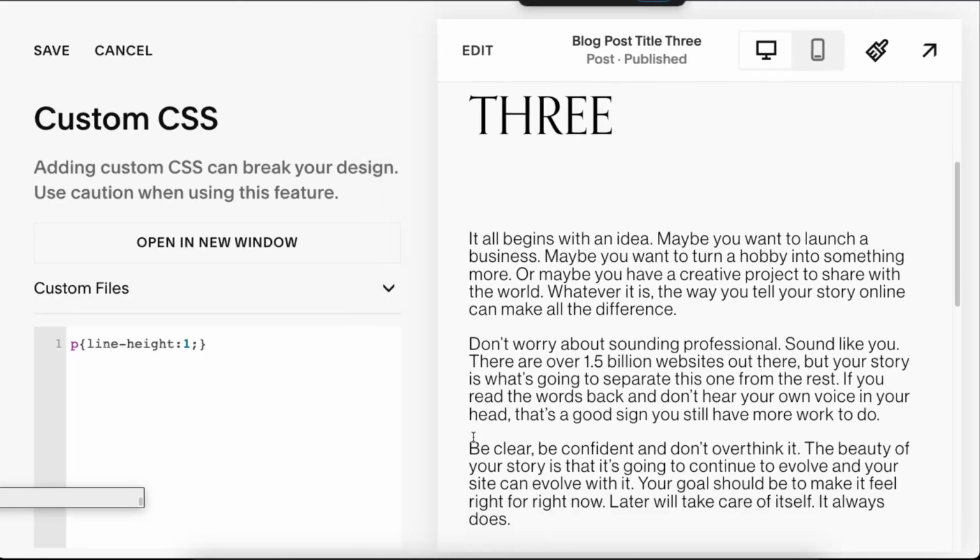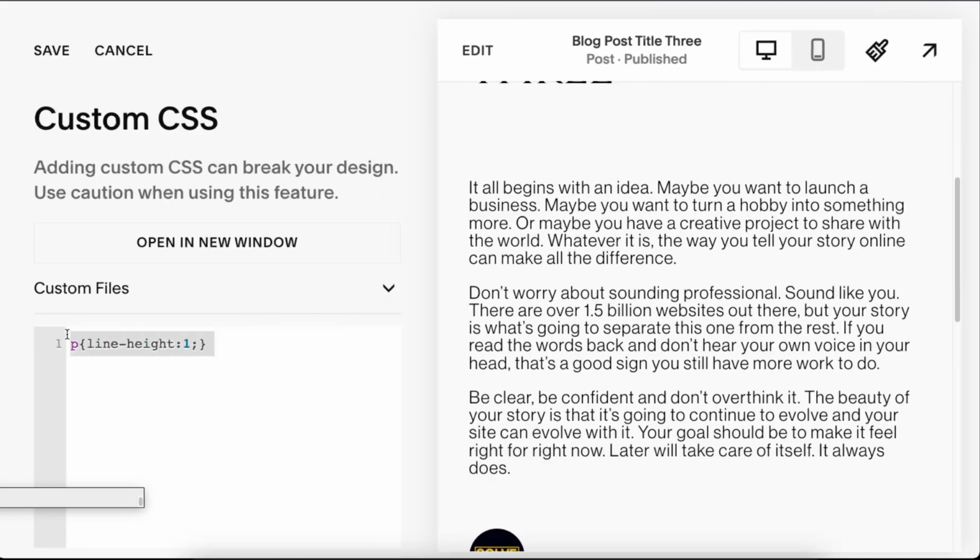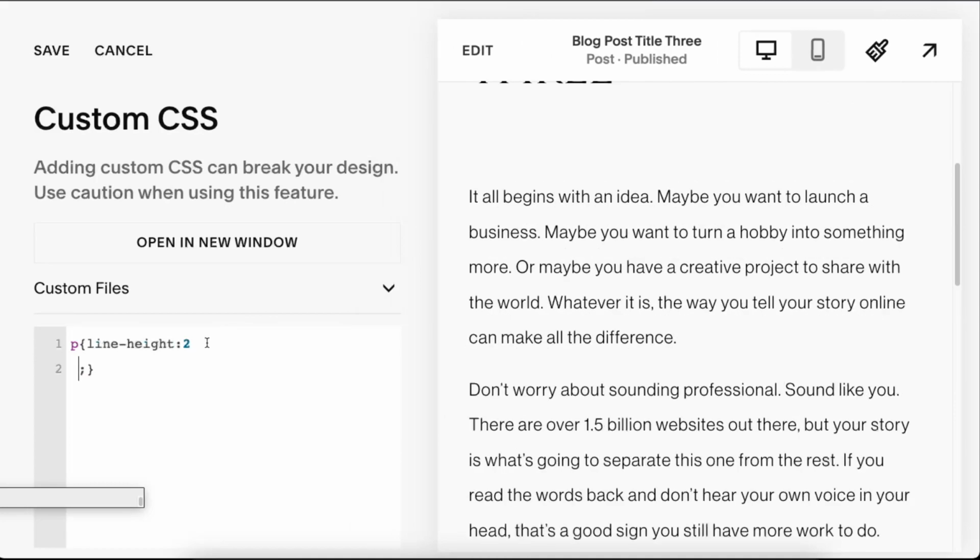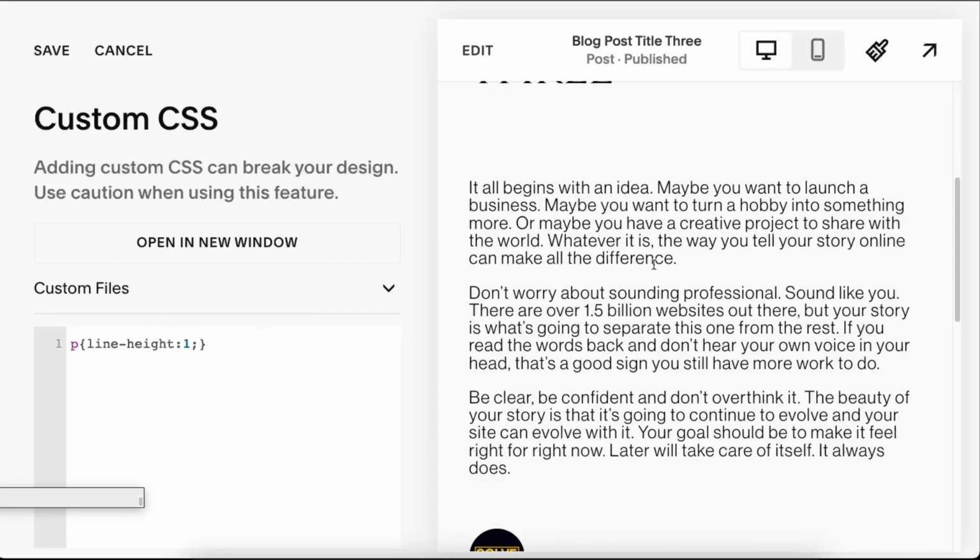Let's zoom in. This is what the code looks like. You can choose, for example, the spacing number 2. And let's see. Now, as you can see, it's way wider. You can do a 1, and now it's way closer together. So you basically just change this one number to anything you like, and your spacing between the lines will change